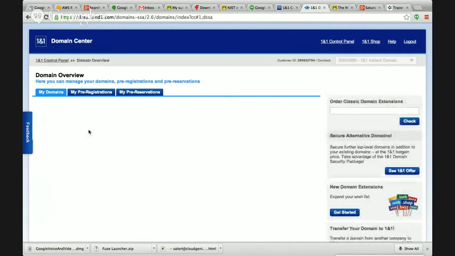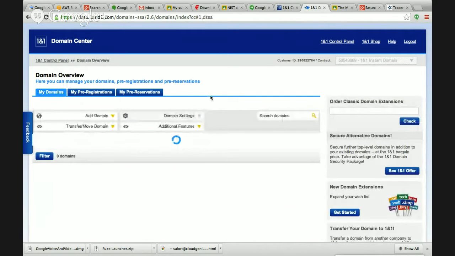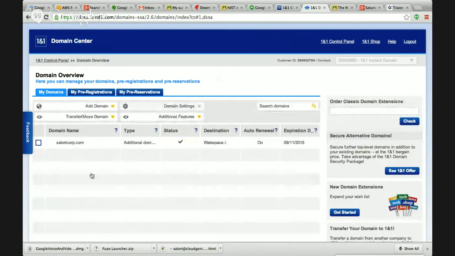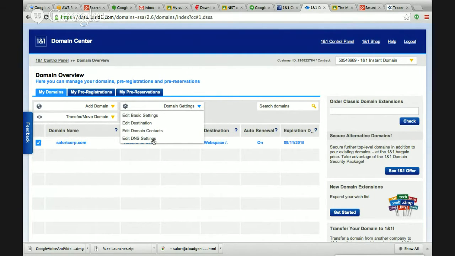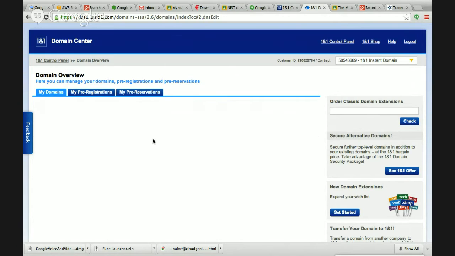And there you will find your domain that you bought already. You want to click the checkbox there when it shows up. There's a little checkbox right in front of your name somewhere. In that checkbox, you check it. And then go to domain settings, yellow drop down. Domain setting, yellow color drop down. Domain setting, got it. Yellow drop down, edit DNS settings.